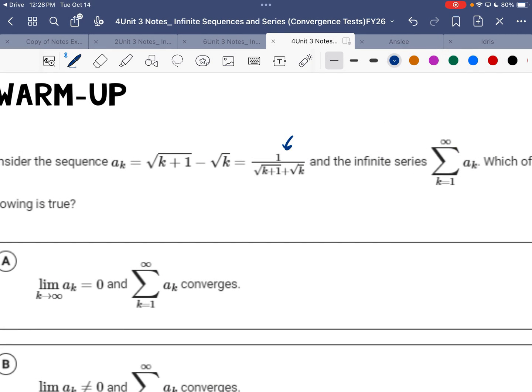Okay. So they gave you this one to do the limit of a_k because it's a little bit easier to tell what's going on. And they gave you this one to do the sum. I think this part is easier for the sum of a_k. So doing the limit to figure out the first part, the limit,